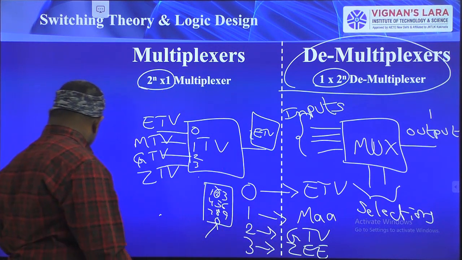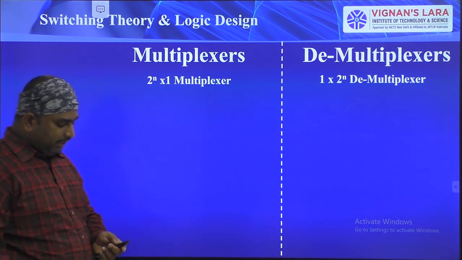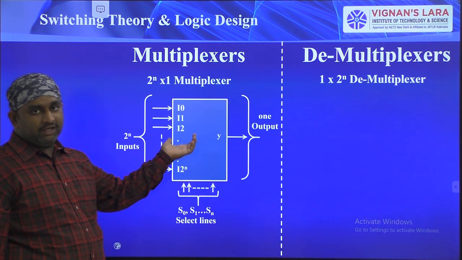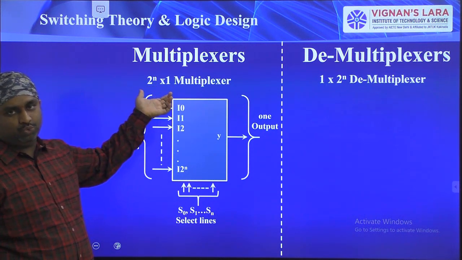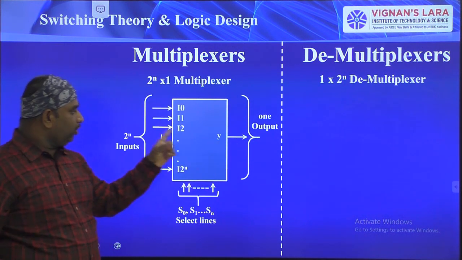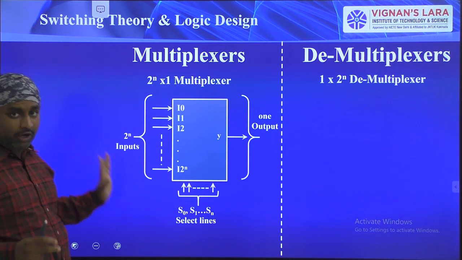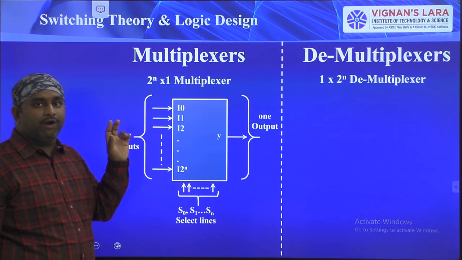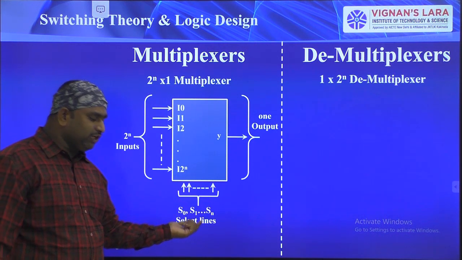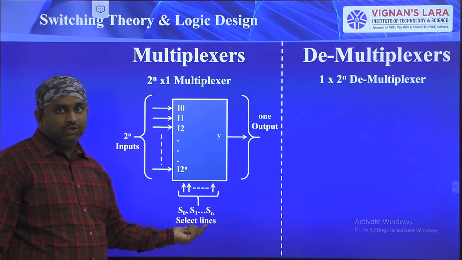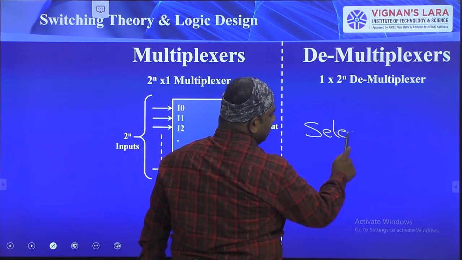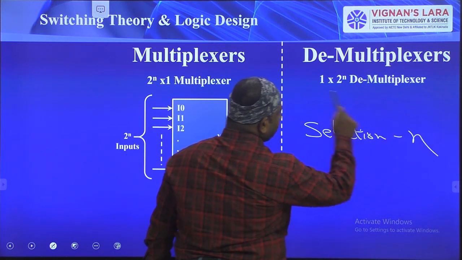Okay, let us see the concept in clear detail. So see here, this is the multiplexer. We represent this multiplexer as 2 power n is to 1. That means 1 is the output; we have only one output. 2 power n is the input count, so we have 2 power n inputs. And here we have selection lines: n selection lines. So see clearly, selection lines are n.